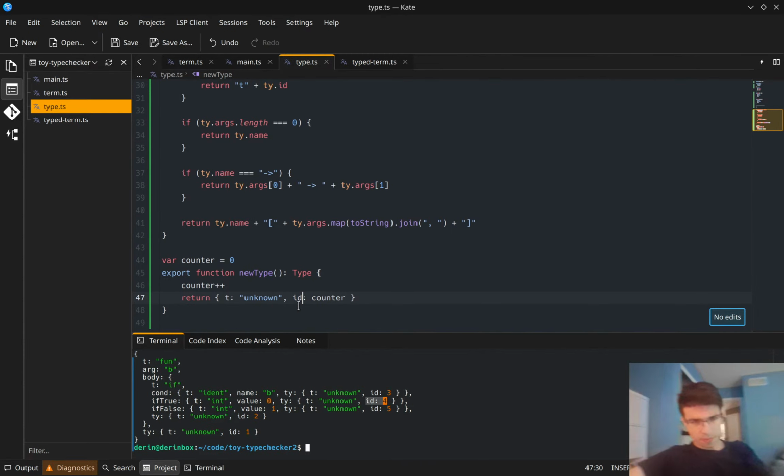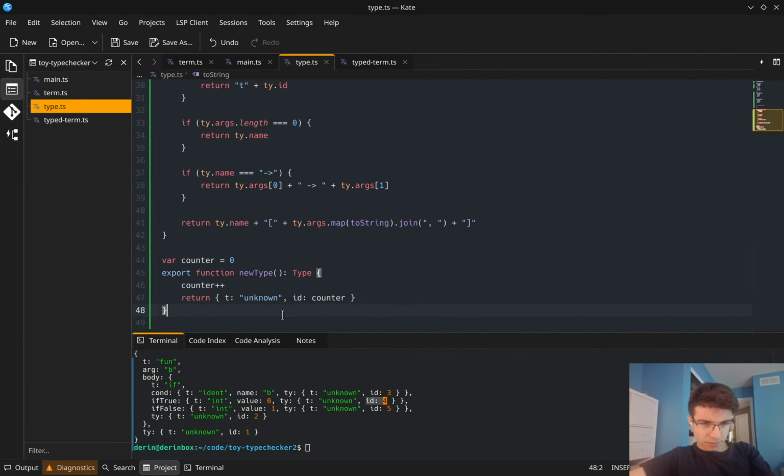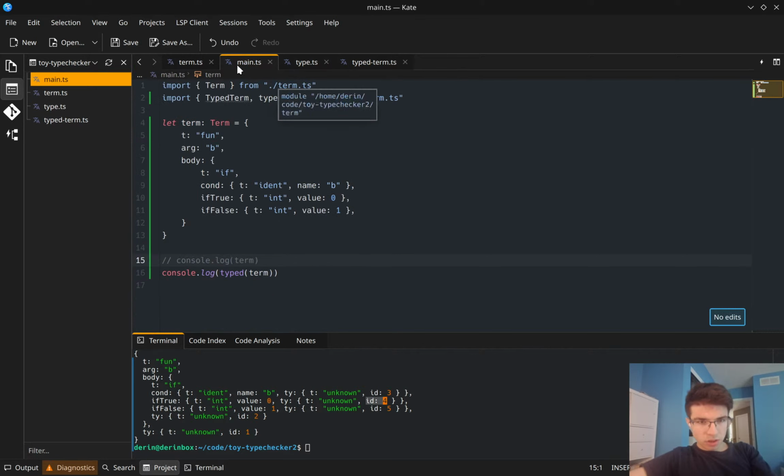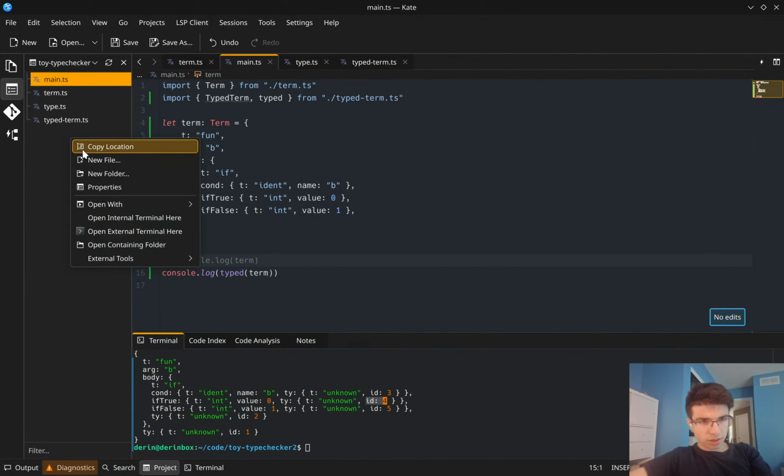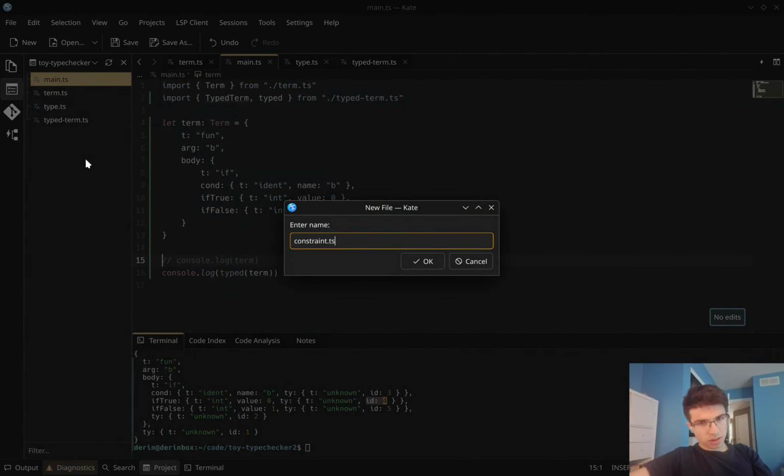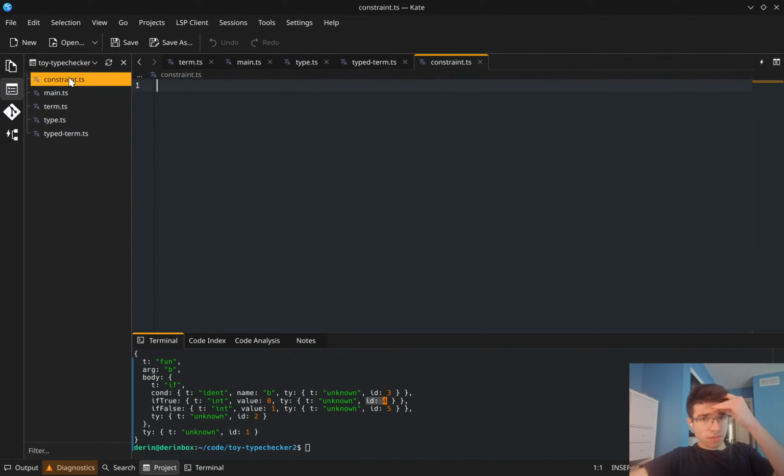So I will try to work on that. So let's do a constraint first of all. And what that looks like is you have a type called a constraint, which is basically just a replacement, right? So what you say is